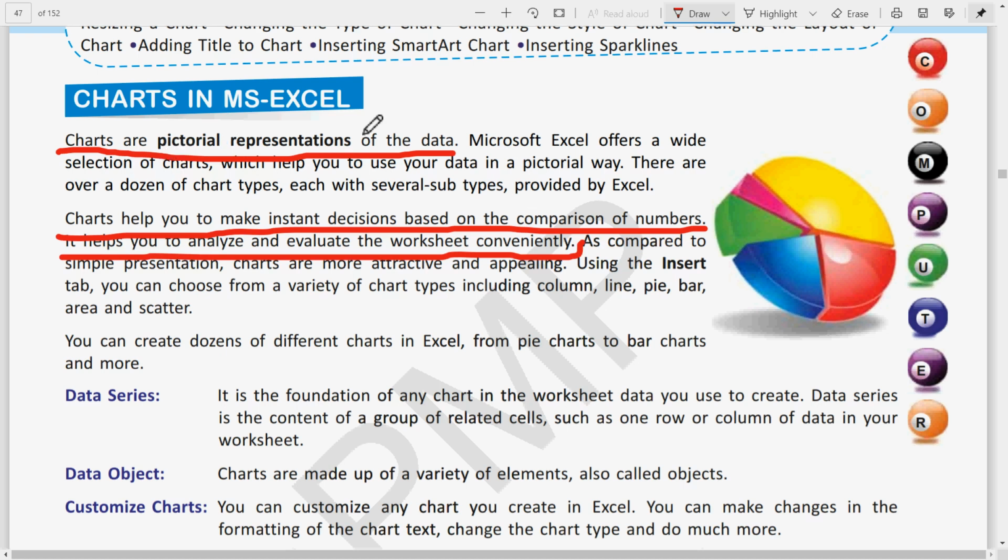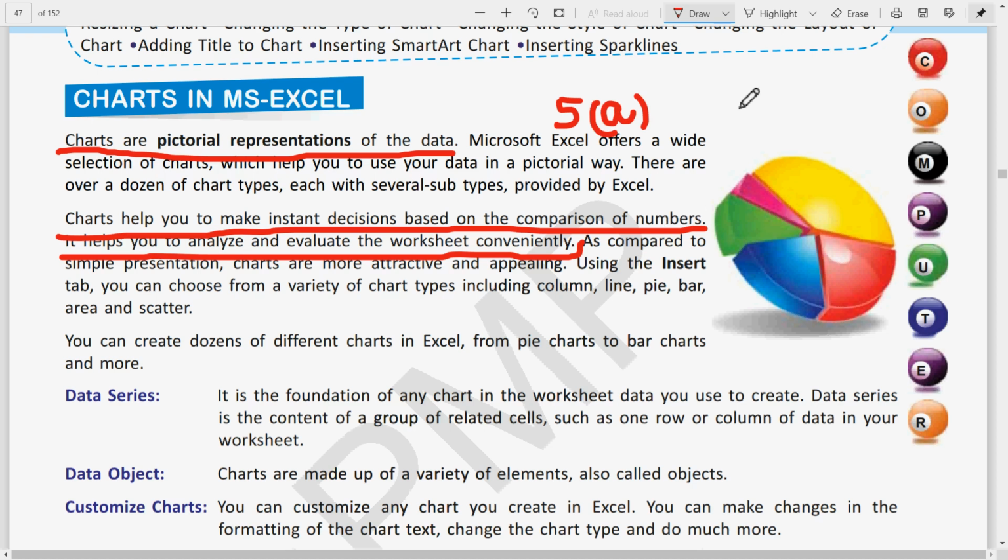Charts are pictorial representation, and second part is why we need chart. Charts help us to make instant decision based on the comparison of numbers, and it also helps to analyze and evaluate the worksheet conveniently. So this is the answer of question 5A. So note it down. You can mark the answers in the book and later you can write in the notebooks.